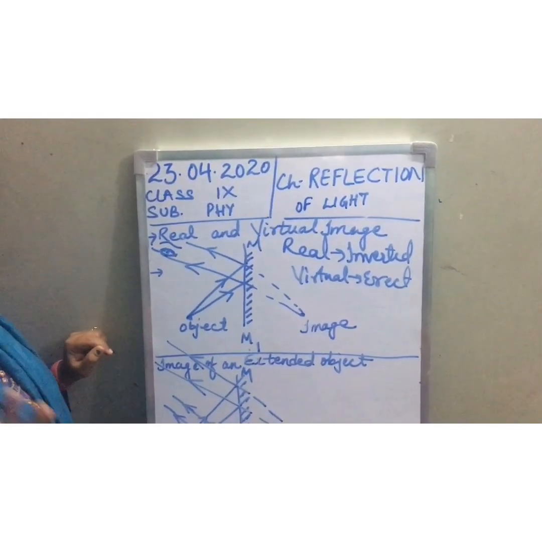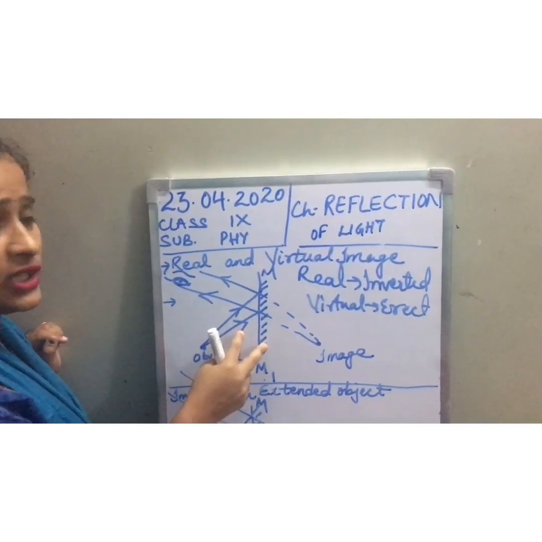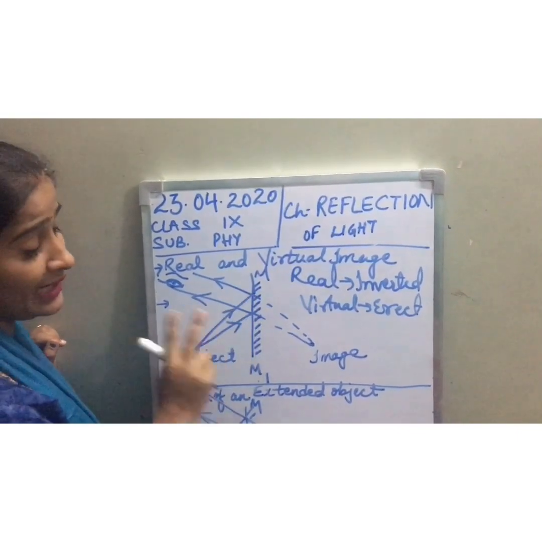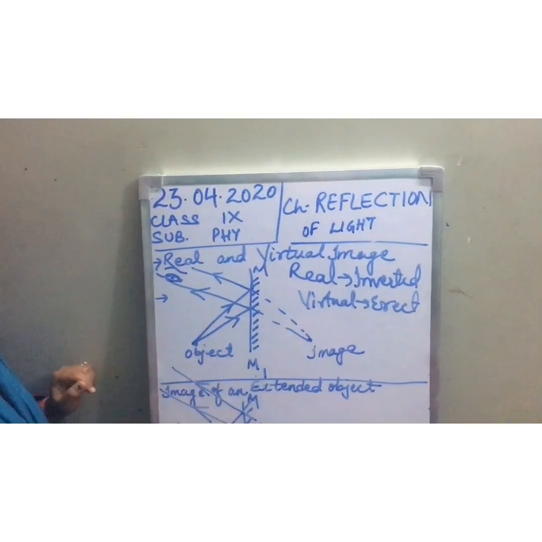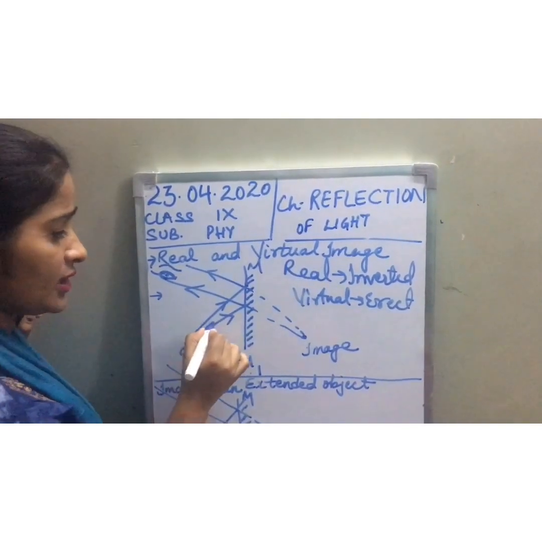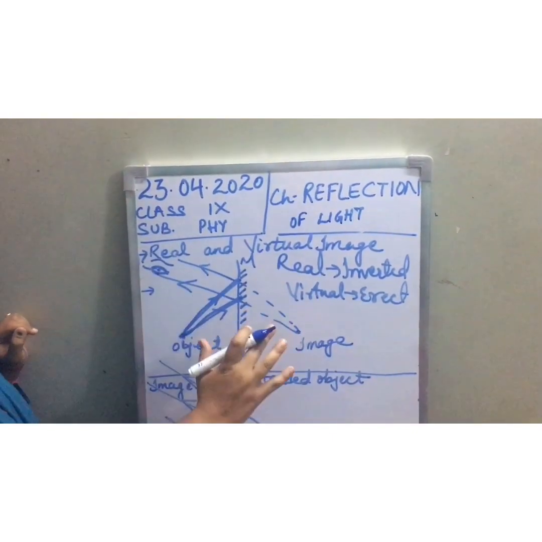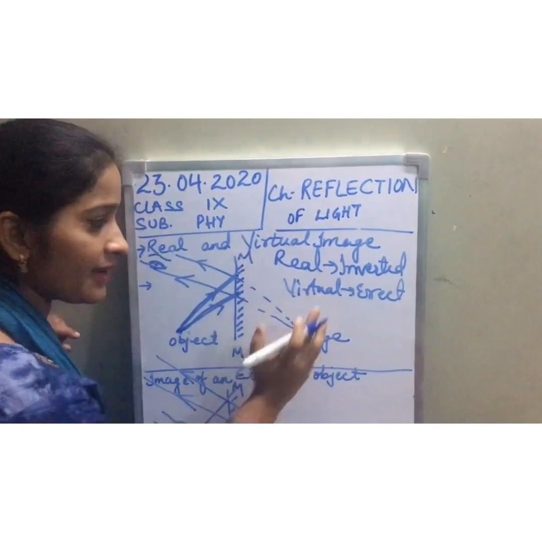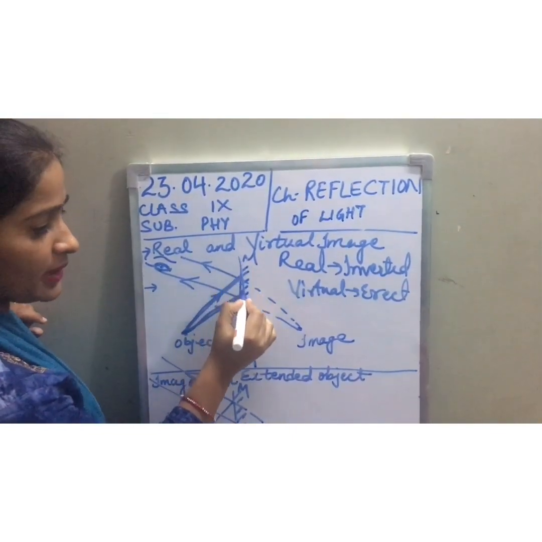I explained in the last video what we require to form an image. The first condition was that we require at least two incident rays to form an image. So in every ray diagram we will consider two incident rays. Many incident rays were there, but we cannot show them all on paper. That's why we consider only two incident rays to make the diagram neat and clear. It strikes this plane mirror MM1.